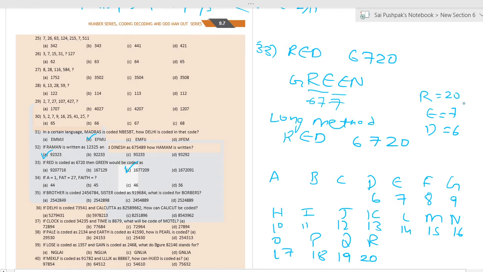So guys, please tell me the value of G. G is 9, R is 20, E equals to 7, another E, and N, what is the value of N? 16. So we should not write it as 9, 27, 7, 16. It should be written in reverse because red is also written in reverse. So if we write in reverse, what will be the answer? 16, 7, 7, 2, 0, 9. Okay, that's how they got it. But you use the short method only for answer.